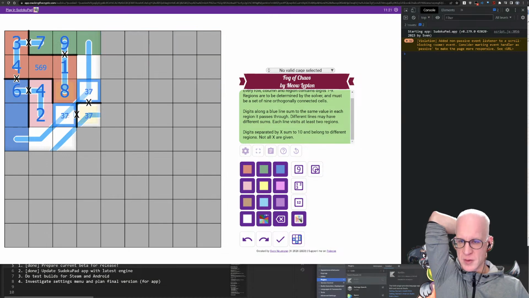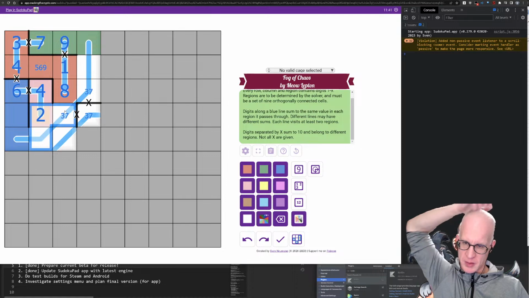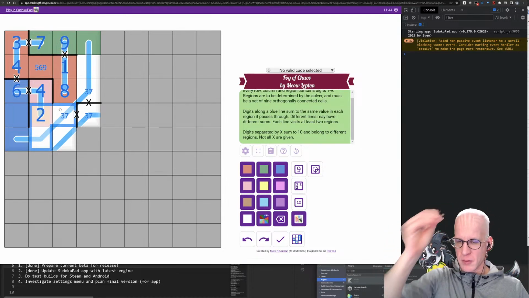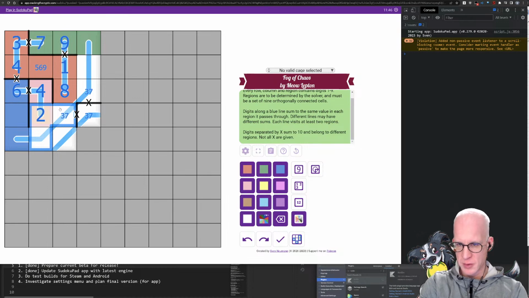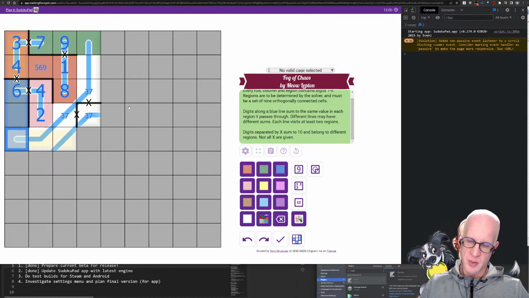Now, if these two are the same, could they be another digit? So blue, okay, so blue definitely crosses pink. So pink needs to go across the blue line, either here or here. So this could be blue, but it could also be pink, and this could also be pink. So this blue line crosses pink, it crosses blue, and it has to cross red. So it does touch four zones, 4 regions minimum. There's no region here that it won't touch. So let's look at it that way. All right, 1, 2, 3, 4, 5, 6. 6 cells divided by 4 means,